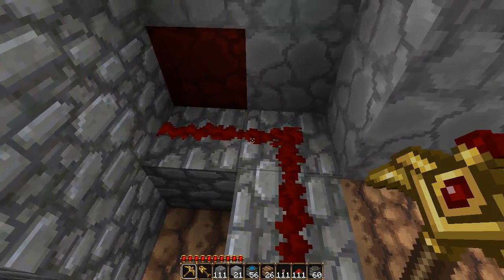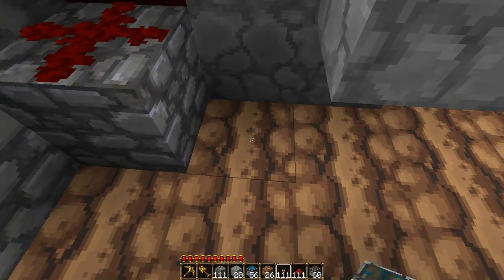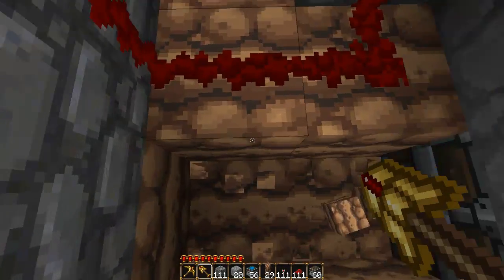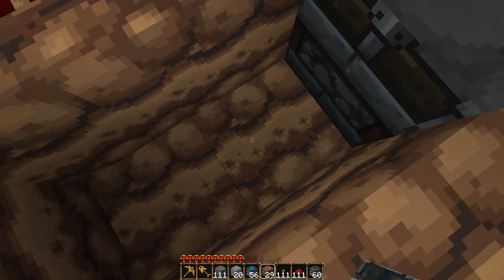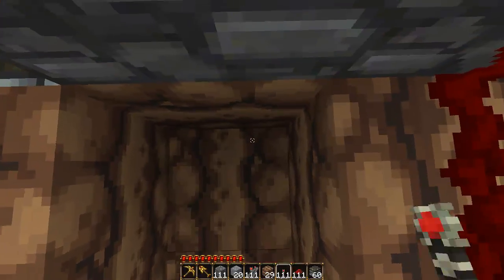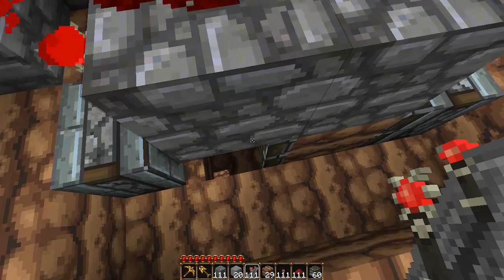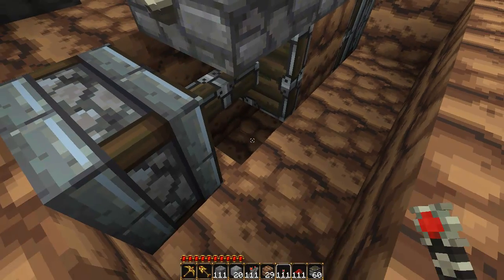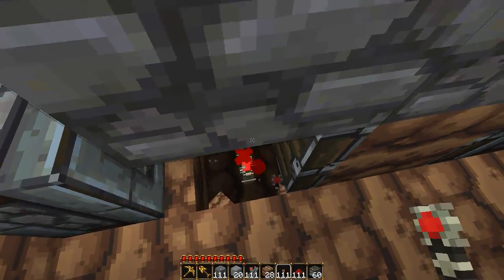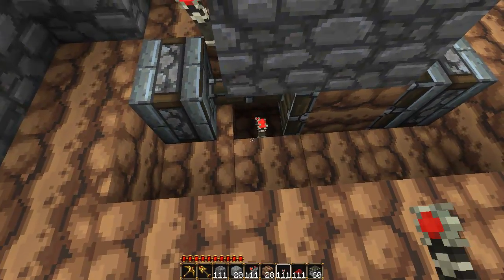You know what? No, I think I can handle this. Instead, you can have this come down like here, and then just ramp up that. And then for here, you have this come down, and you want to have redstone coming here, and have a repeater. There we go. So, for here, instead of putting redstone dust under one of them, we're just going to put a redstone torch directly here. Let's see, we're going to have this torch...